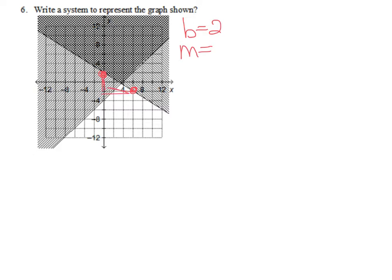Well, the slope had to go down 2, and then it had to go over 3 to the right. So my slope is -2 over 3. Now, we did say that each box counts as 2, so if you wanted to, you could use that. So then you'd be going down 4, and then over 6 instead of 3, and that would still simplify to -2/3. So my first inequality,